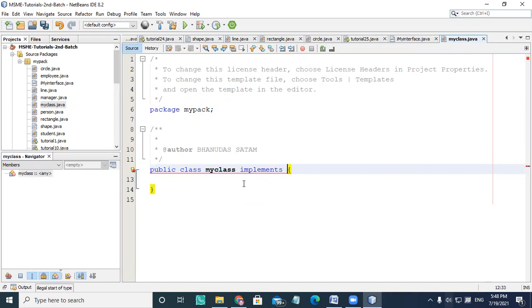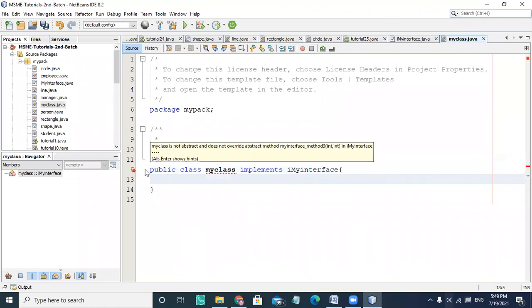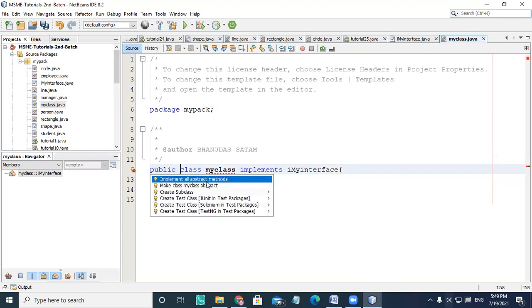I'm implementing my interface. So whoever is implementing this interface, look at this symbol here. It's showing that you should implement all abstract methods here.